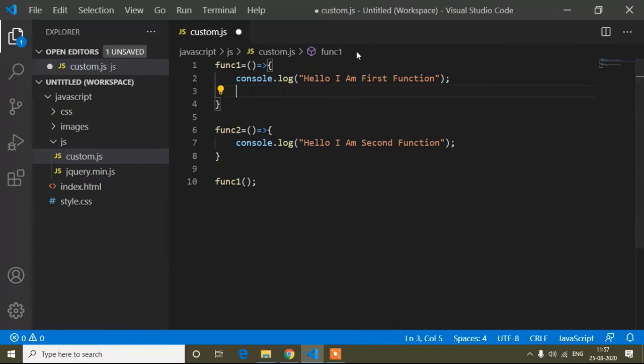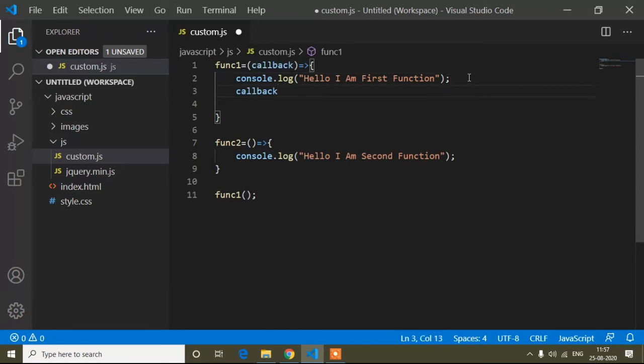So I will remove this. So here I will pass a parameter. You can pass the parameter name as per your choice. So you can pass A, B, C, any name, but here I will write callback. And now here I will pass this as an argument. So argument means, guys, the value.